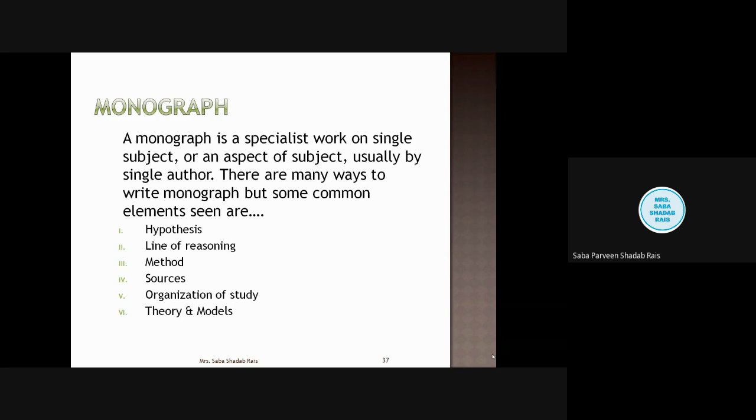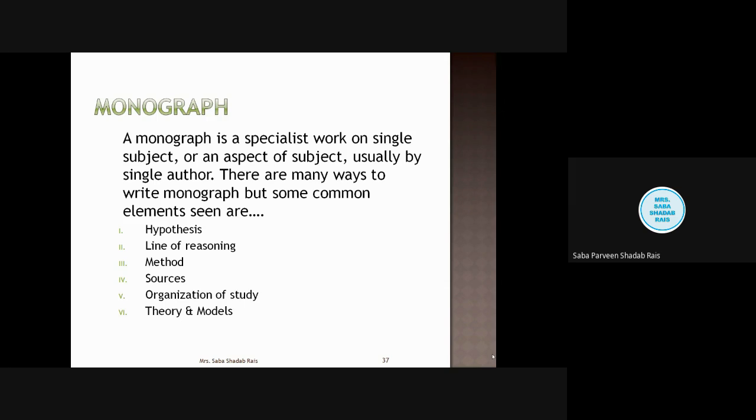Though there are many ways to write a monograph, but see, there is no such common format for a monograph. I have done one study and I am writing my monograph. Okay, so usually it has no such format. If you are not writing it for a specific organization, but if you are writing for a specific organization, a specific body, they will be giving you the format. But if you yourself are writing any monograph, your monograph is nothing but compiling your work. Okay, you have done one study and you are compiling it in the form of a report. So as such there will be no format, but still there are certain things which should be added into the